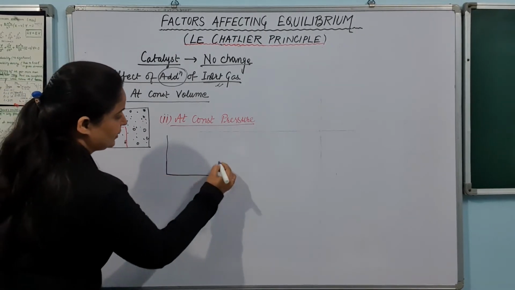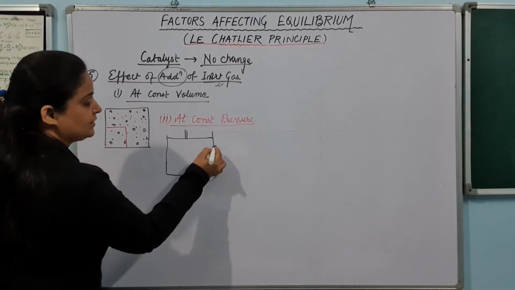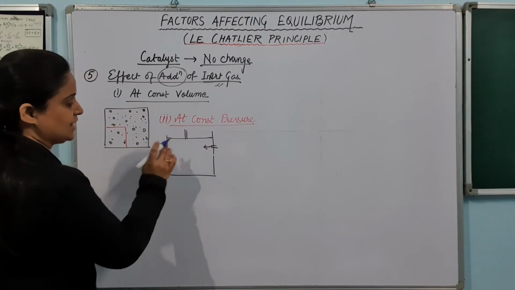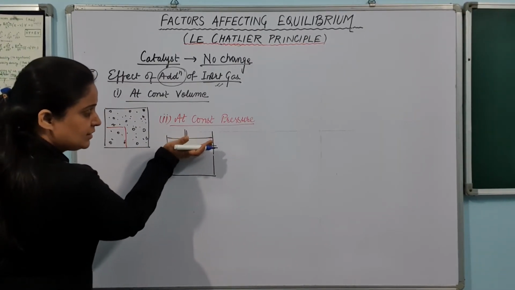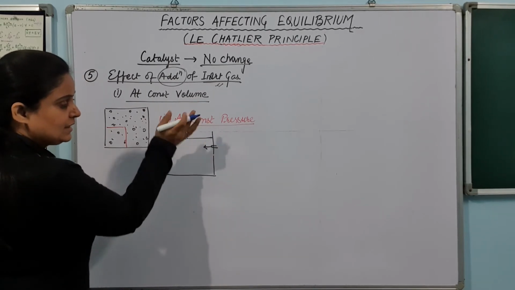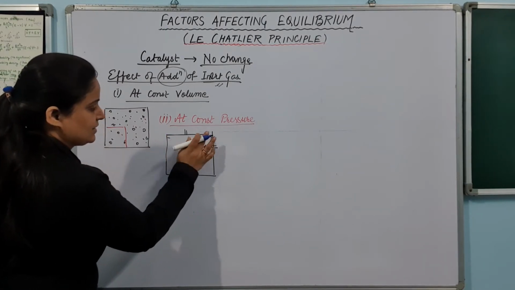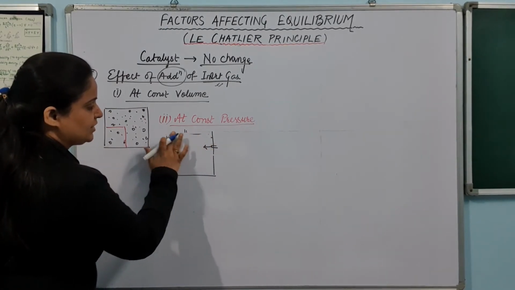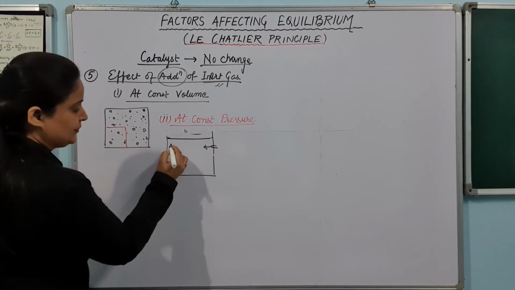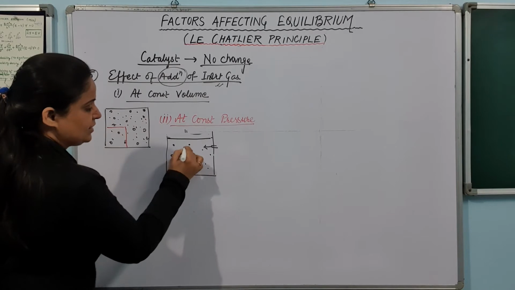So pressure is constant. You have introduced inert gas to it, due to which the equilibrium shifts and the volume increases. So pressure is the same, the volume increases. Now just imagine I have taken a volume here. This is A, spread it here. This is B, spread it here